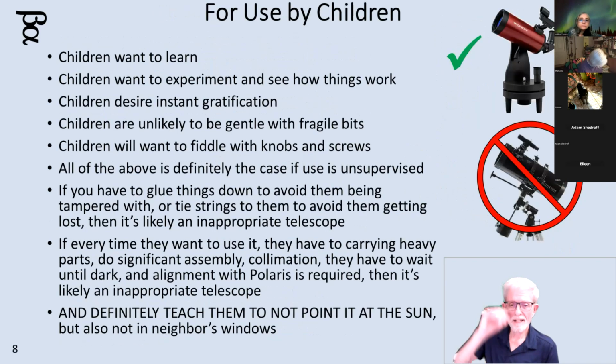So if you're going to buy a telescope that is going to be used by children and you want it to maybe last, then for about $230, you can get that telescope in the upper right. That's a 90 millimeter Maksutov-Cassegrain. It has a very long focal length, so you get good inherent magnification. If you use a wide field eyepiece, you can throw away the finder, and it has a tabletop mount. So no fancy tripod to set up, no Polaris alignment. They can just point it at stuff they see in the sky,